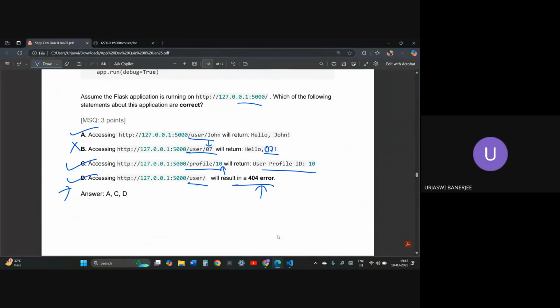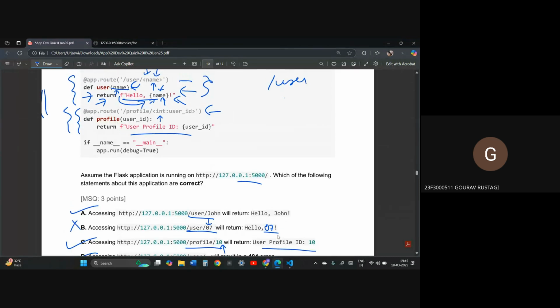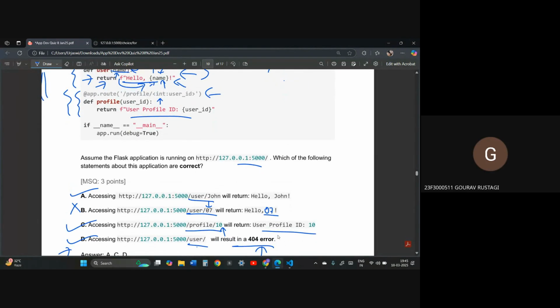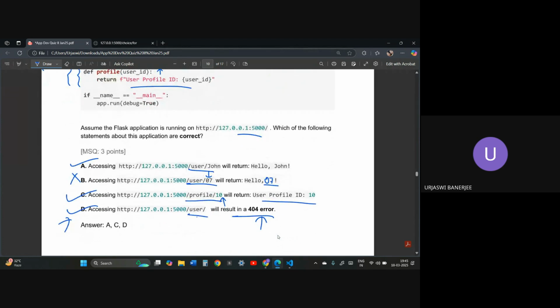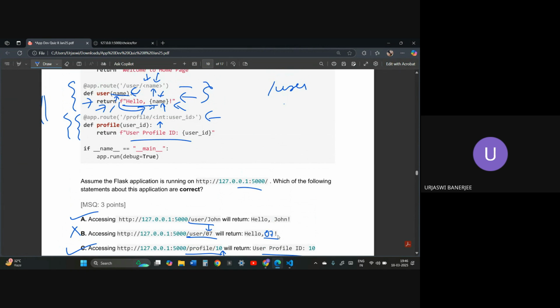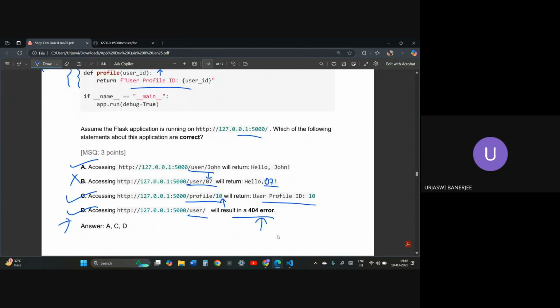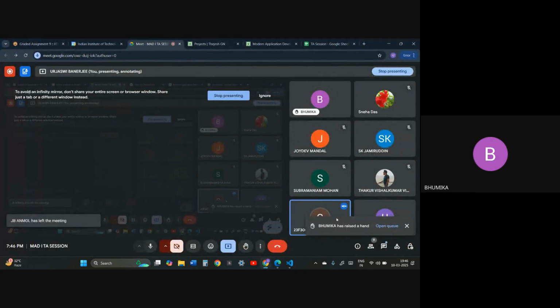When it will give hello and then space, since it is using the f function as well as the name in the return statement, it will throw an error in this. It won't really give a space over here. We coded this, actually, and we saw that. Okay ma'am, thank you, ma'am.